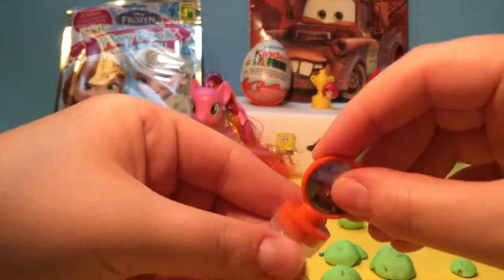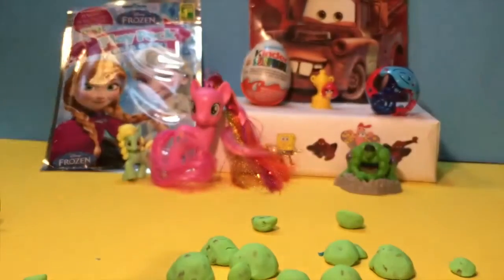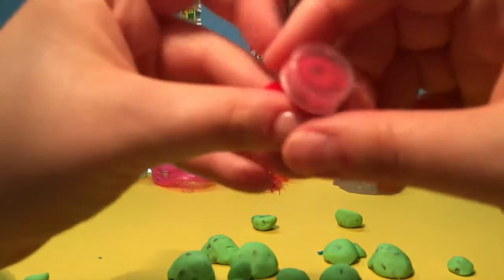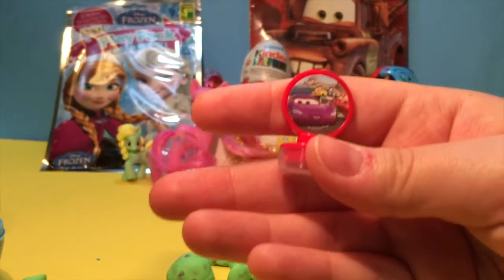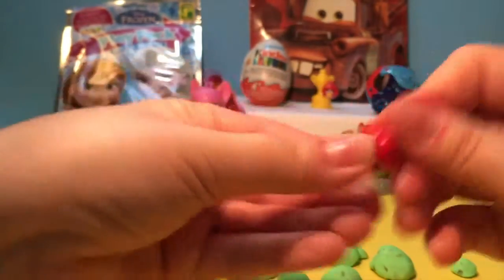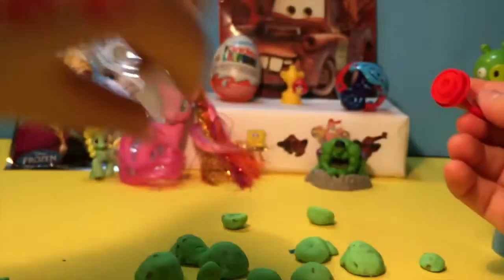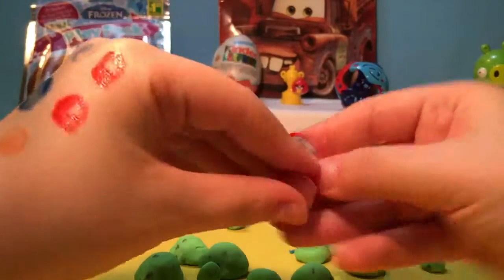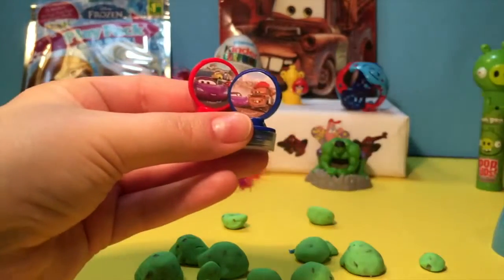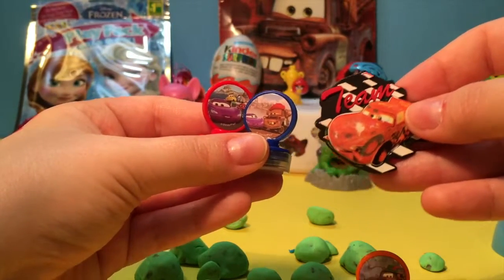So we have a second stamp. Also with a Cars character. And then the last thing in here is another stamp, also from the Cars movie. So this was a Cars movie surprise egg. And this one's like a wheel or something. Look at this. See, it's something like a wheel. And now my hand is full of stamps. Okay, so we got 3 stamps and a magnet in our funny looking pimple